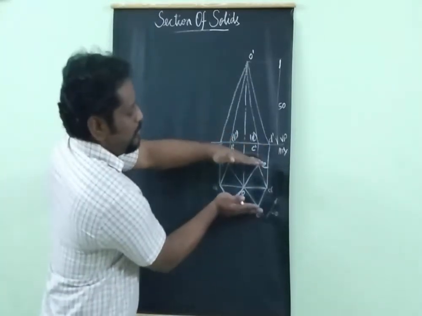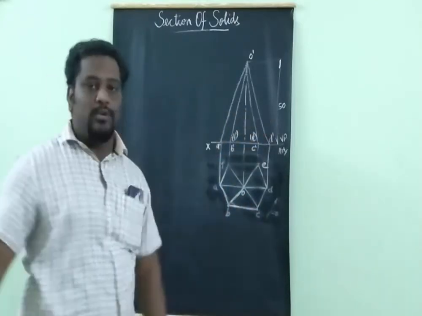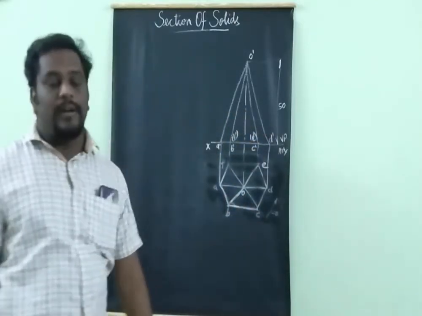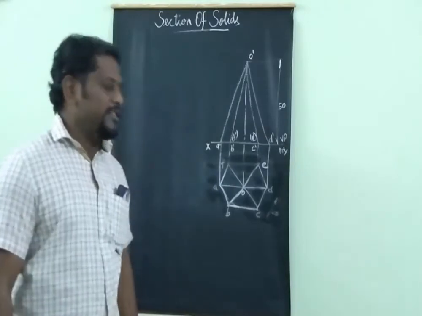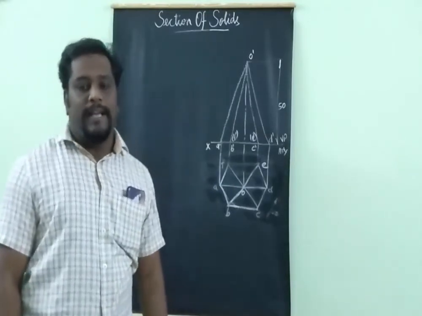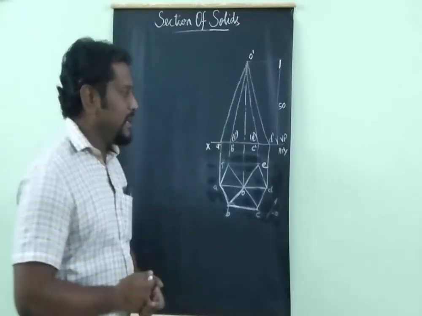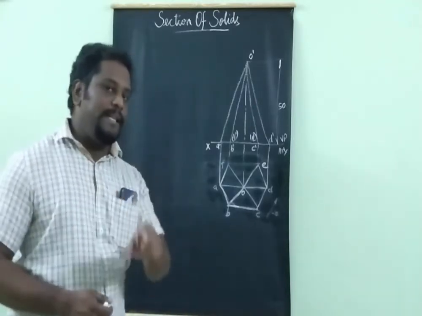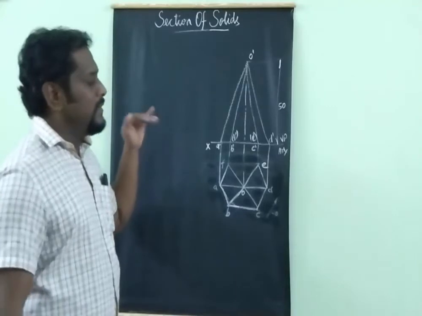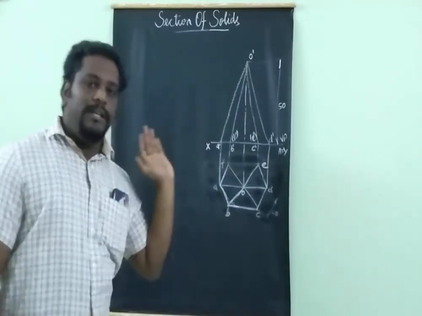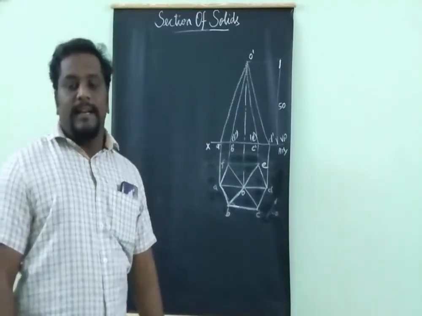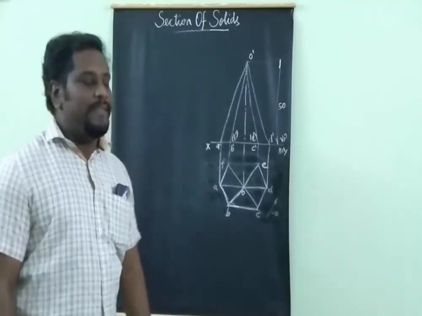These two base parallel edges are parallel to VP. This is how I have completed the simple position. Now to draw the cutting plane, the cutting plane makes an angle 30 degree with the vertical plane. Once it makes 30 degree to the vertical plane, then the cutting plane will come below the XY line and then it is 5 mm away from the axis.